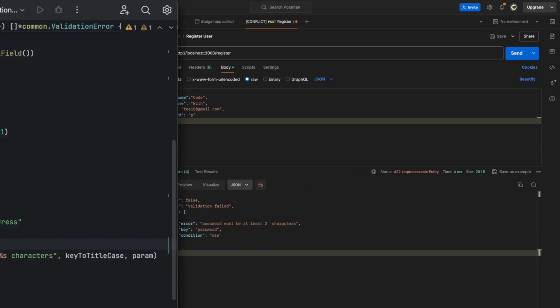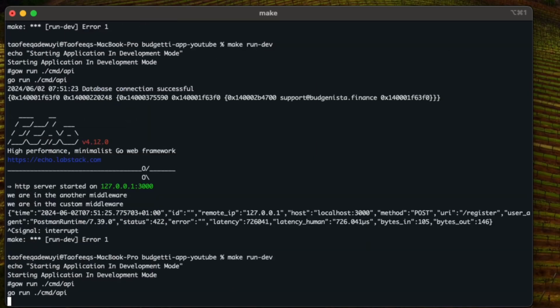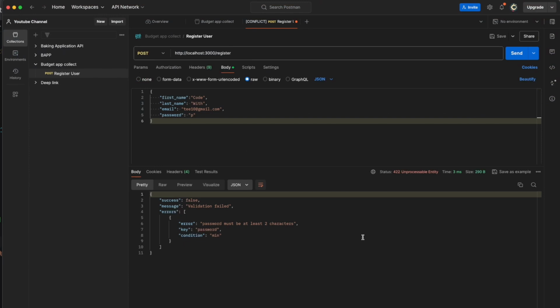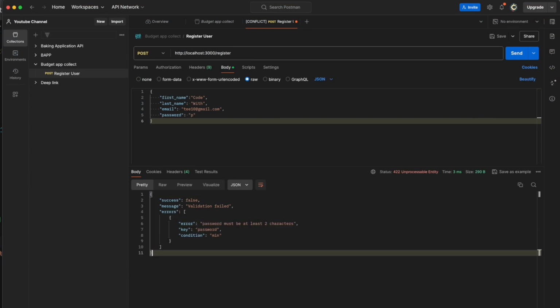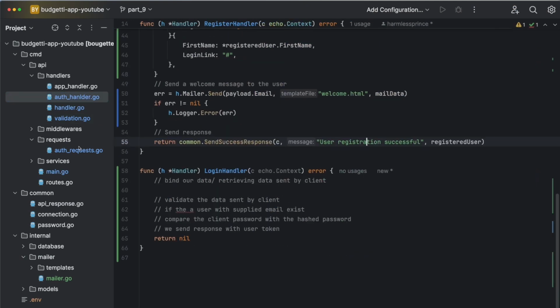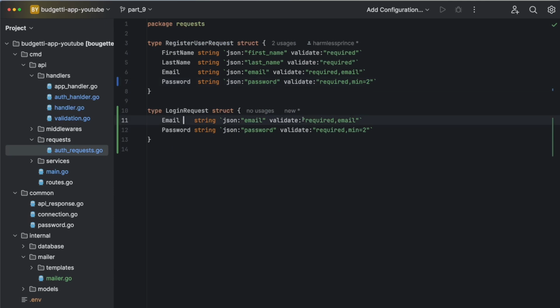So now that we've got that out of the way, let's go back. Let's restart our application just to be sure everything is fine. If we hit it again, now we are getting "password must be at least 2 characters." Then let's go back to our auth handler. Now that we've actually updated our validation